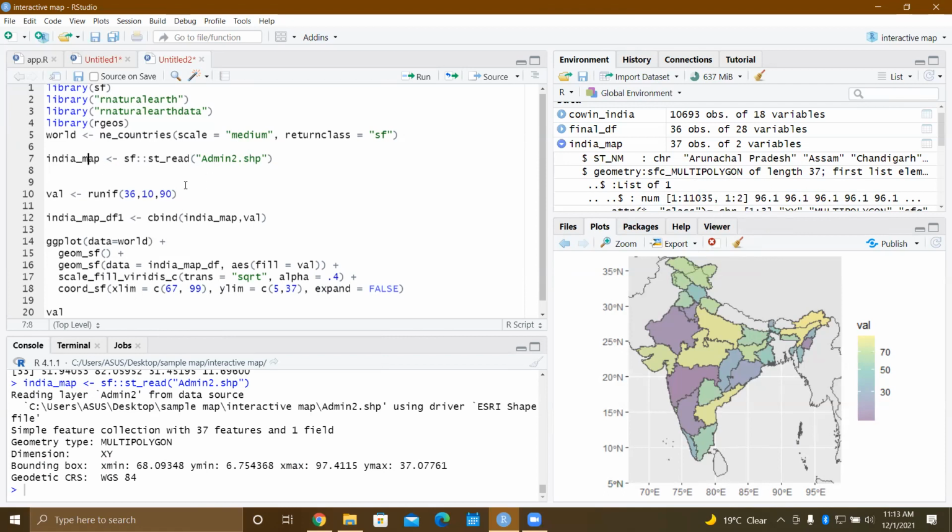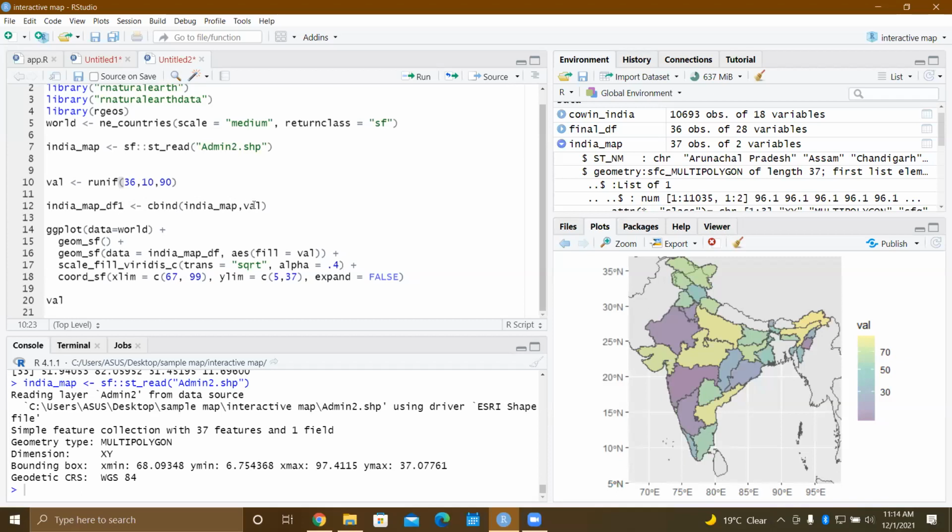I have read the shapefile. I have picked up 36 values between 10 and 90 just to show that those are percentages, just for demo purposes. While you will be using it, I think you need to create a data frame because you need to give respective values to those states.